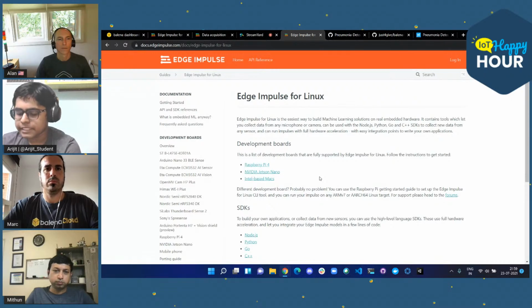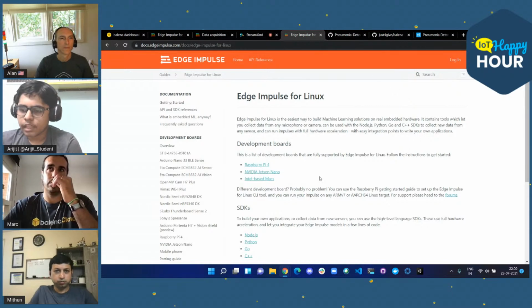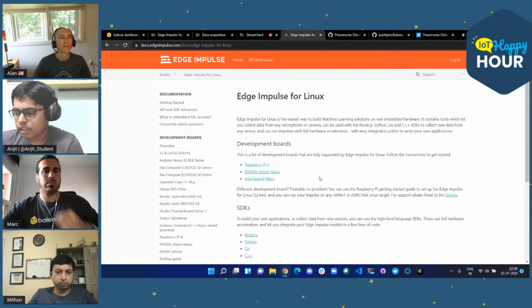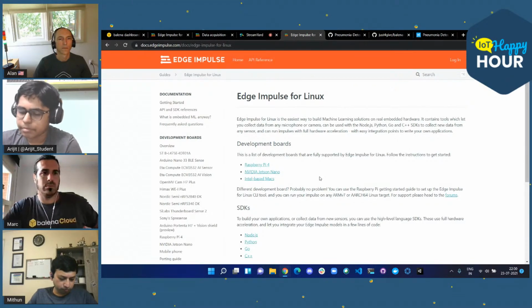But in the export page, you will not have to do either the C++ export or the WebAssembly export. Instead, there will be a page for TensorRT export, which is for the NVIDIA Jetson Nano, because for CUDA to run, it uses NVIDIA's own library, which is TensorRT. There are even options for Linux boards, for example, the Raspberry Pi.